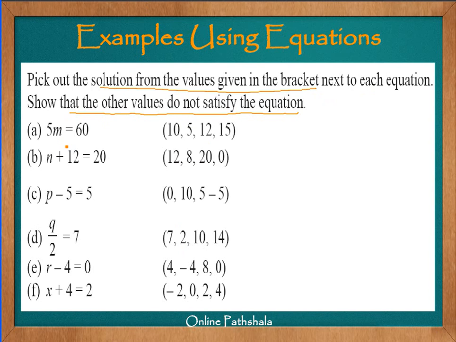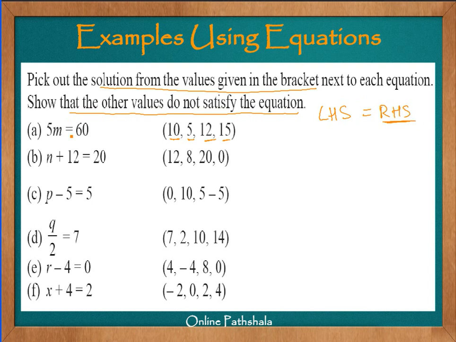So let's say the first one, 5m equals 60. Now we have four values given, 10, 5, 12 and 15, and we have to find out which one amongst these four values satisfies that equation. Let us recollect, when we say the variable m, there is just one value of this variable m which will satisfy this equation, which means that the left hand side, LHS, should be equal to RHS. So your left hand side, you take a value of the variable such that it is equal to the right